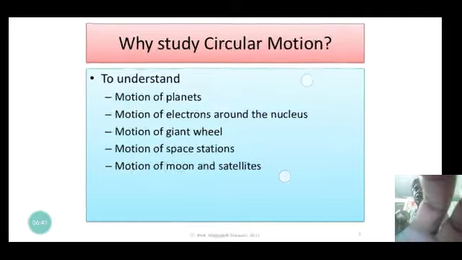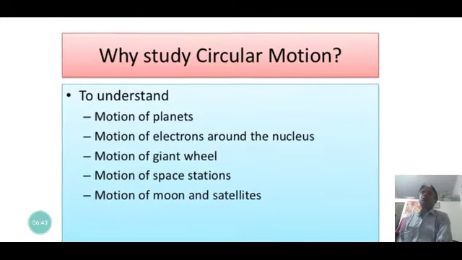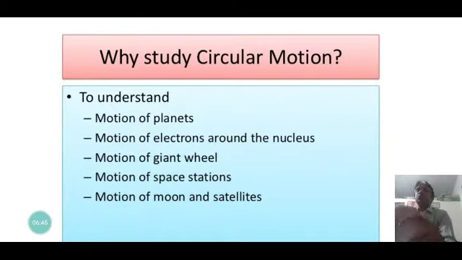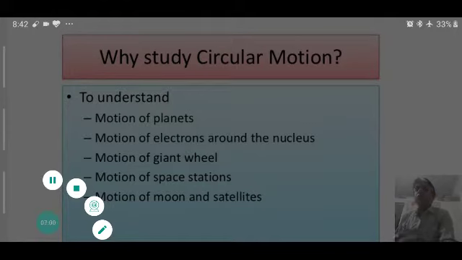Here, examples are why we study circular motion, because circular motion is applicable to understanding the motion of planets. The motion around the sun is a type of circular motion. Motion of an electron around the nucleus is also a type of circular motion. So we should understand circular motion very